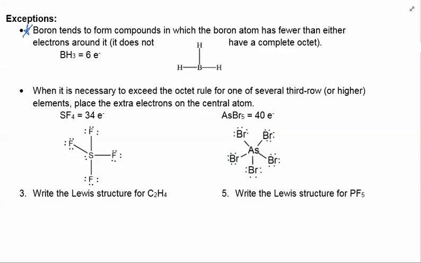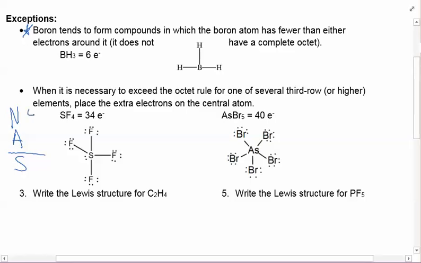These are exceptions, and I wanted to show you what happens when you try the NAS method with these, or the needed, available, shared. So in this first one, we have 5 elements that would fulfill the octet rule. So 5 times 8 would end up being 40 electrons. We have 34. When we subtract these, we end up with 6 shared electrons, which when we divide by 2 would give us